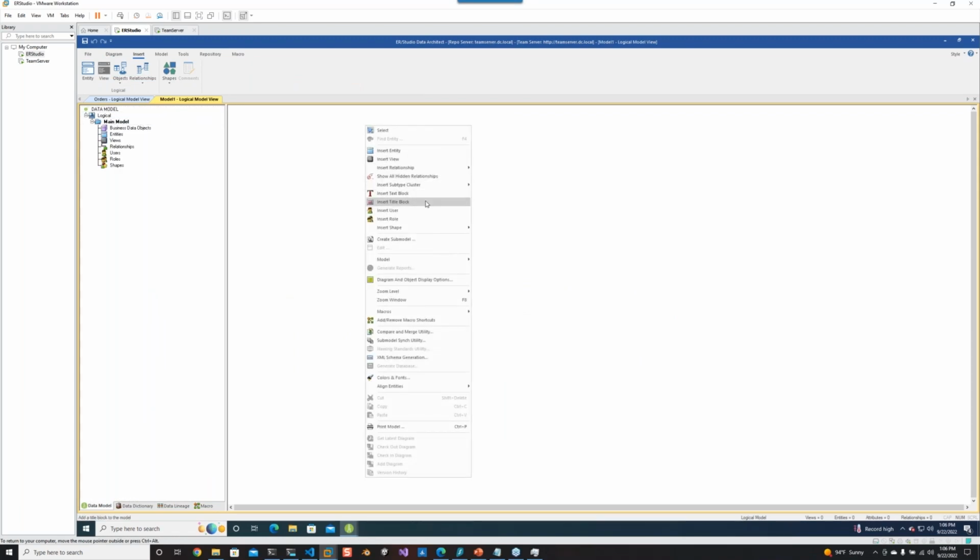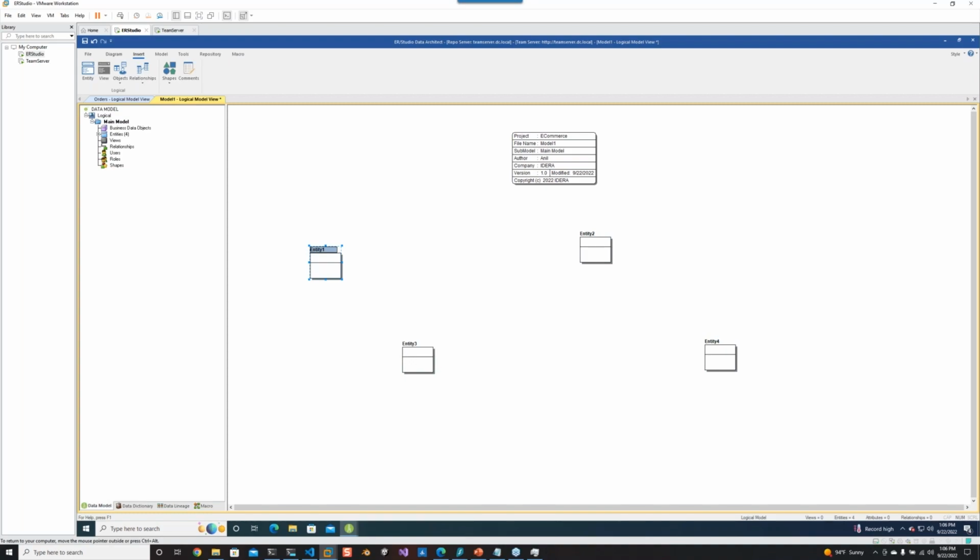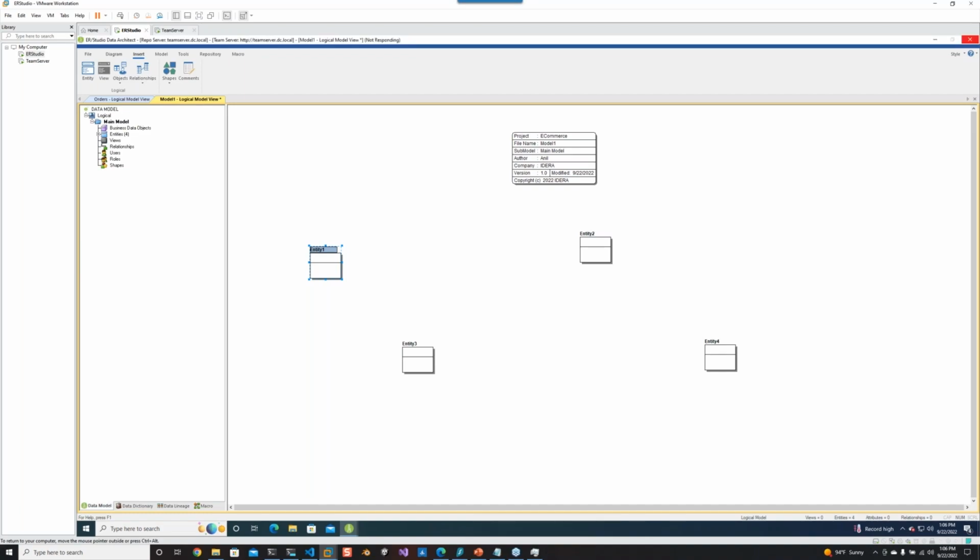One of the first things that you will do is insert a title block. And here you'll just give it a name. So here I'll just call it e-commerce. There's some metadata here on what the diagram is going to be about. And here I'm just going to start adding a couple of entities. So here, if I double click on this, I can kickstart things off by using the orders table entity. So I can go ahead and do that. So once this launches here,